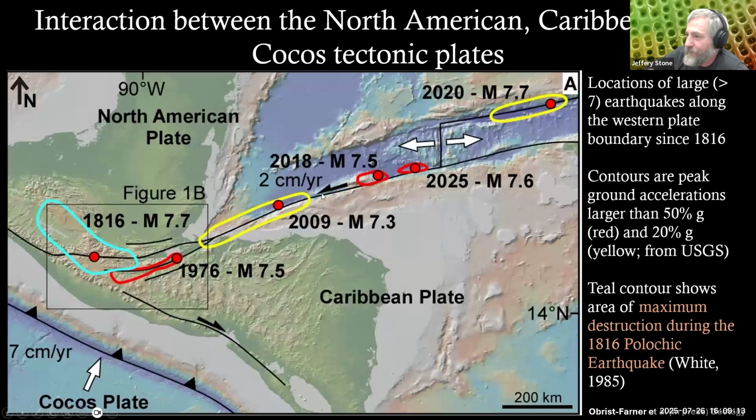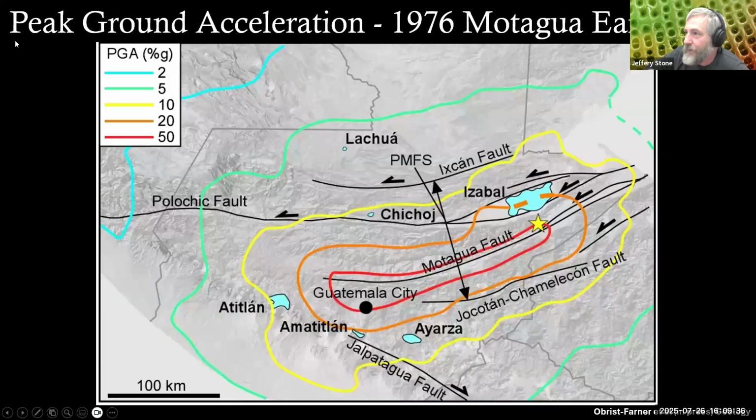These red dots are zones where we've had large earthquakes greater than magnitude 7 since 1816. So, just a 200-year record, we've had these major earthquake events that we've recorded, including this one. This is the Pulachic earthquake from 1816 that's in the Guatemala region. And if we look more closely, a very catastrophic earthquake killed something like 26,000 people in Guatemala in 1976. The Algae earthquake